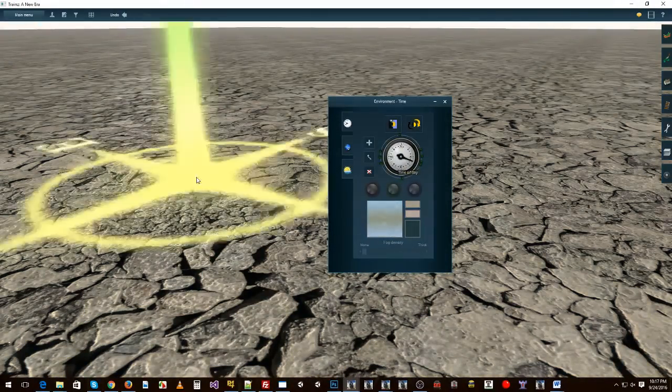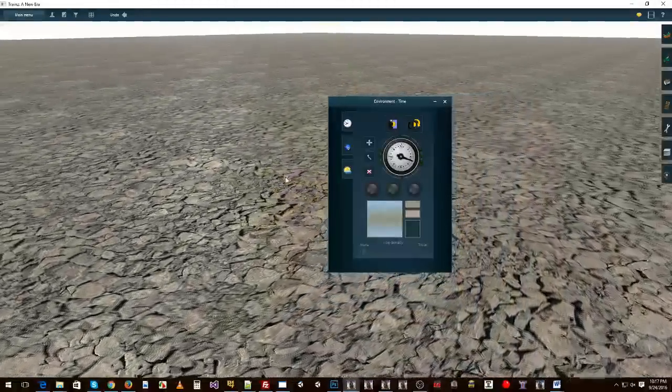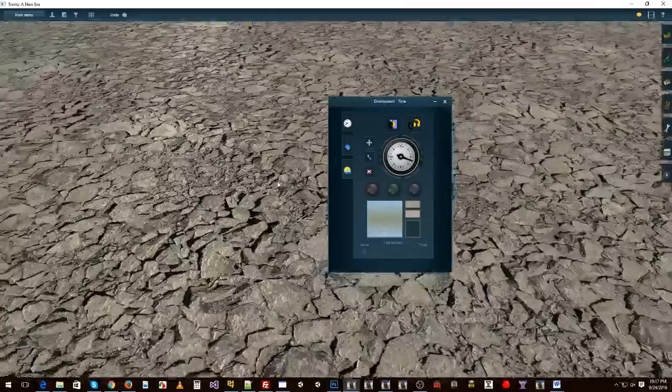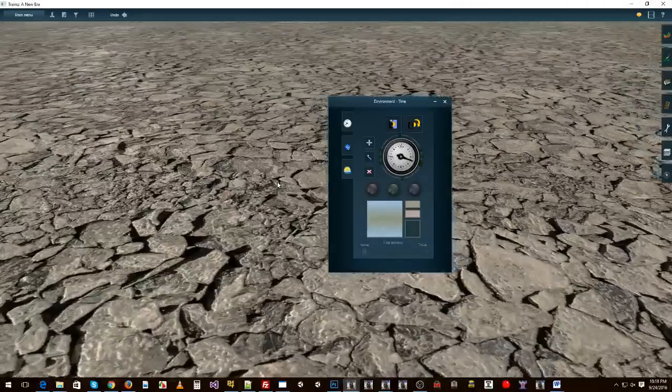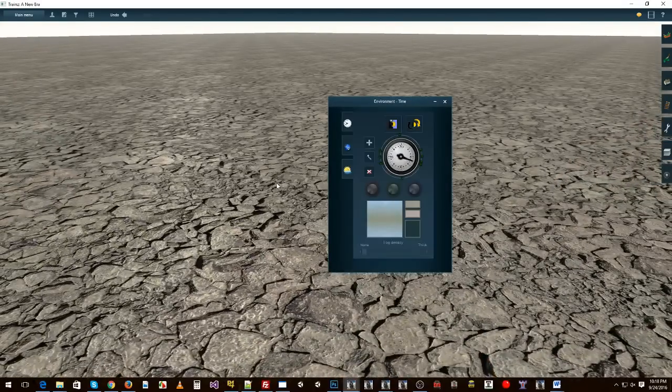So I hope that's given you a bit of an idea on how to create your own ground textures for Trainz. Again, look at the wiki if you need any more information, or ask on the Twitch TV forum, and on the forum thread, and we'll be able to answer anything hopefully that you are